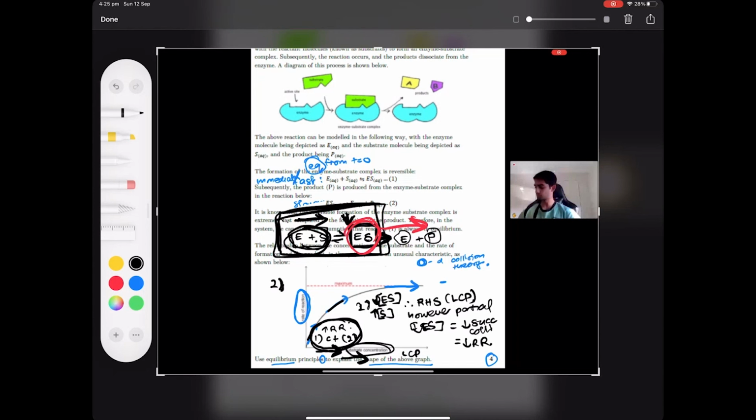Good. Why did the reaction plateau, everyone? What happens there? Who can tell me why it plateaued? Because ES was exhausted. Yeah, ES was exhausted. Enzyme substrate was exhausted. Yeah. So if I had to be very specific with this, I would mention that